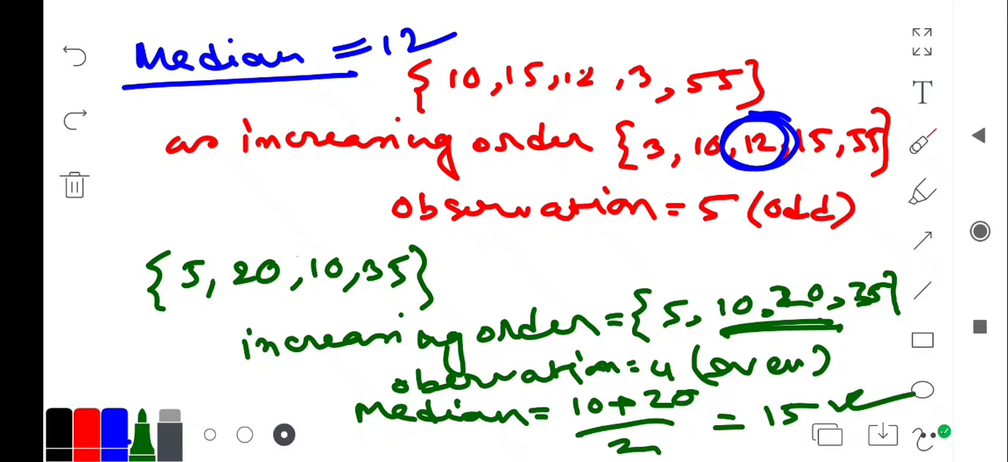If your observation is odd, so we have to first arrange the increasing order, then we have to take the middle value. If your observation is even, then you first arrange the increasing order, then মাঝখানে যে মিডল যে দুটো নাম্বার আছে তাদের অ্যাভারেজ আউট করবে। সেই অ্যাভারেজটাই হবে মিডিয়ান। ওকে, next